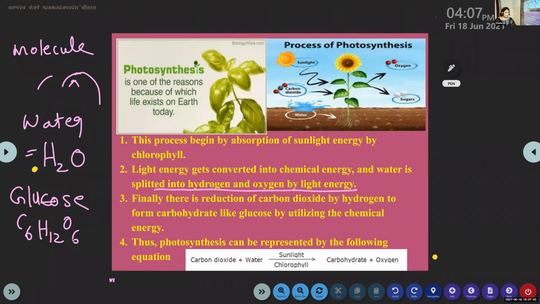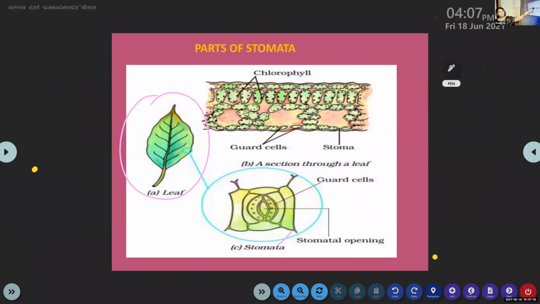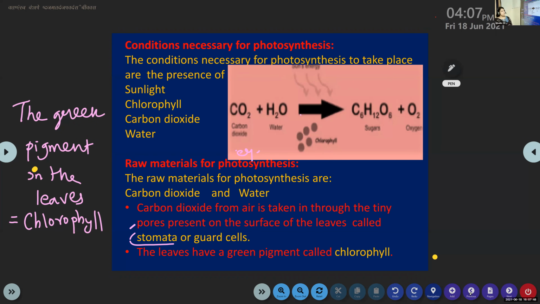Okay, so let me go back to the previous one. Now here I have written, can you see this? This is known as the formula for photosynthesis. Whatever we have studied, we can represent in the form of a formula. It is a part of chemistry. In chemistry, you will be learning how to write all these things. Clear? So the formula for photosynthesis. Next, you can write the formula for photosynthesis and write this. Okay.